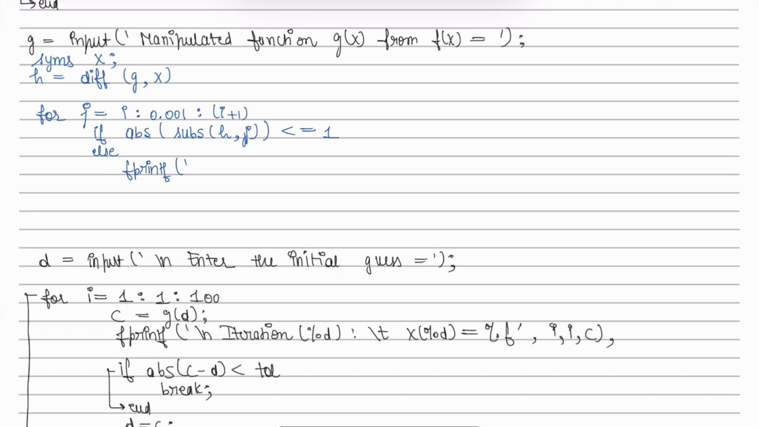use a printing statement which says that the equation will not converge in this interval for this choice of g of x. Then we will break,